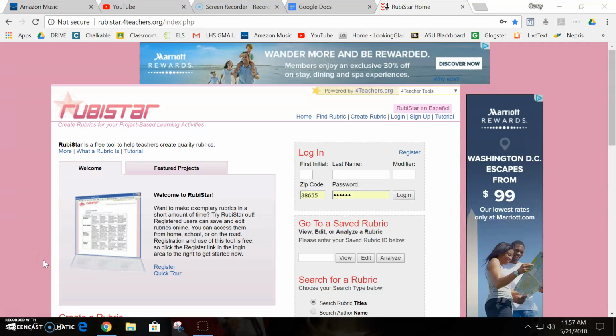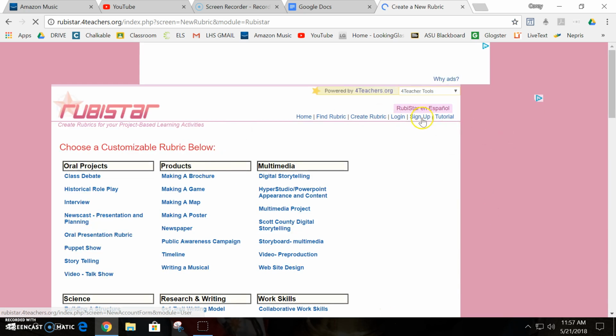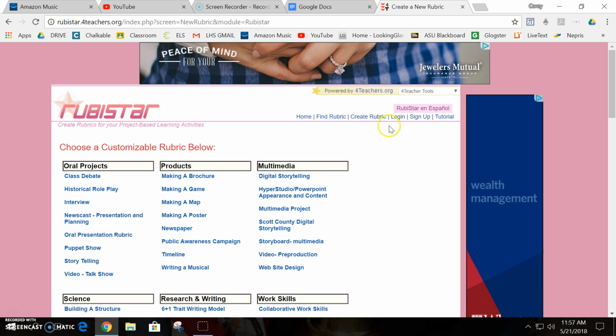Okay, so this is how I create my rubrics and the website I use. I'm also going to show you how I give those to the students for each one of their assignments as well. So I use Rubistar. I always go to create rubric. I'm pretty sure I've created an account, so if you want to create an account and save all your rubrics,